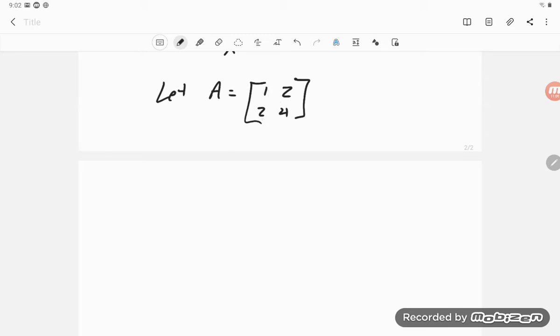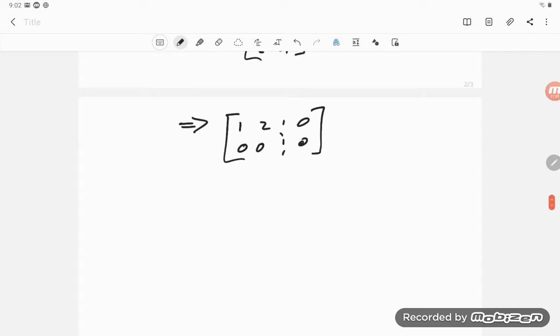I can zero out the second row by taking -2 times the first row plus the second row, putting it in there, and so my reduced row echelon form takes me to 1, 2, and if I had augmented with the zero vector, 0, 0 like this,